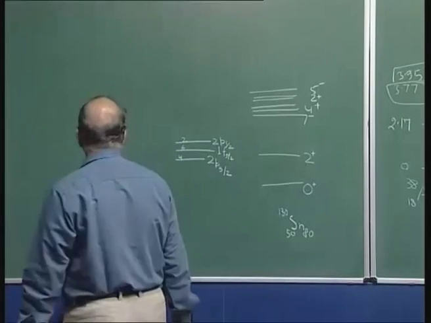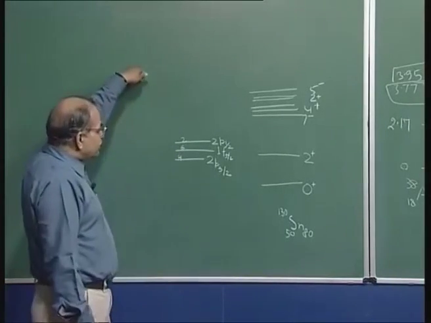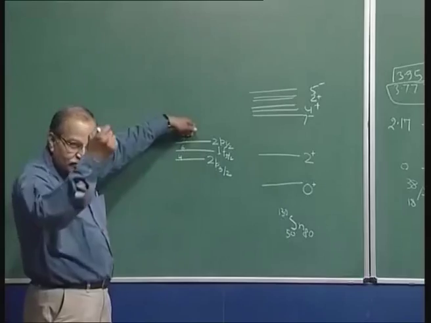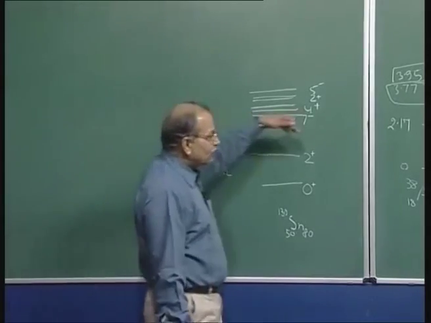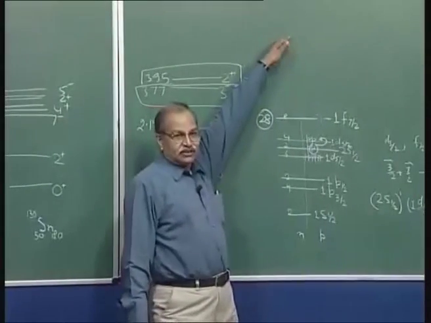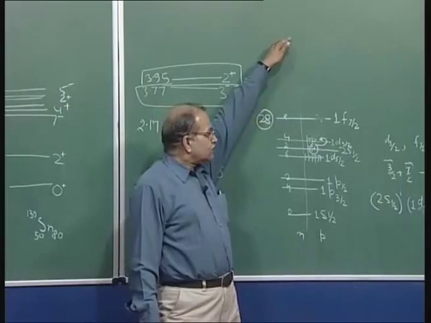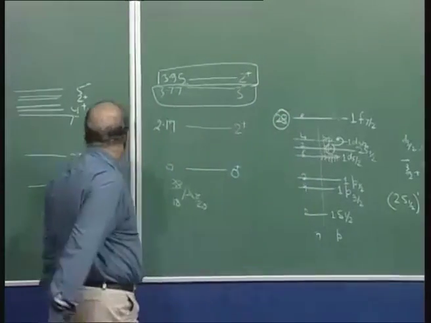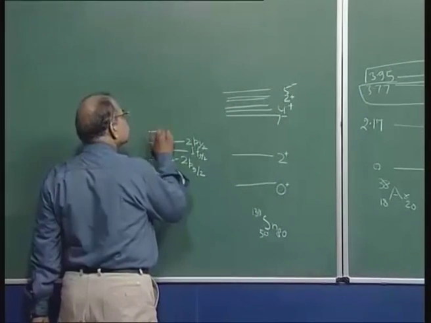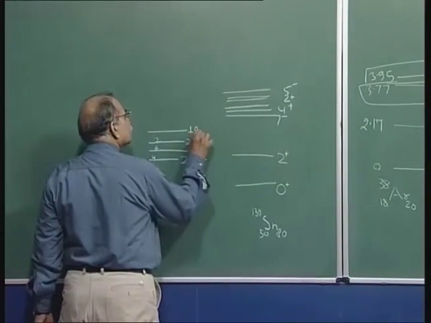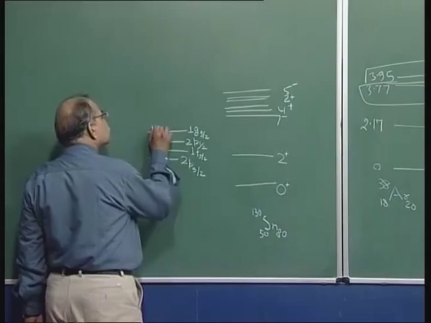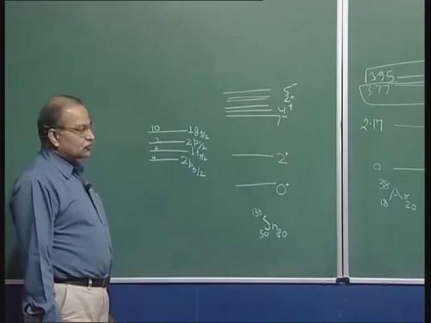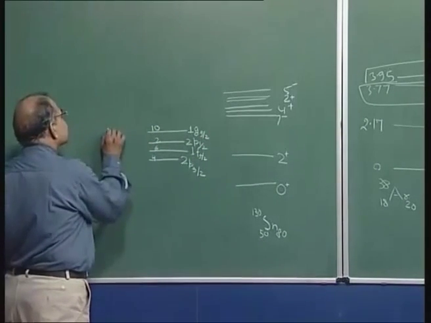Is something missing? Yeah, from the next major shell that 1 will come down. So, you have already 1f here, so 1g, right. So, 1g 9 by 2 will come down and join this shell. So, 1g 9 by 2. 10. Now, it is 22. So, 28 plus 22 is 50,